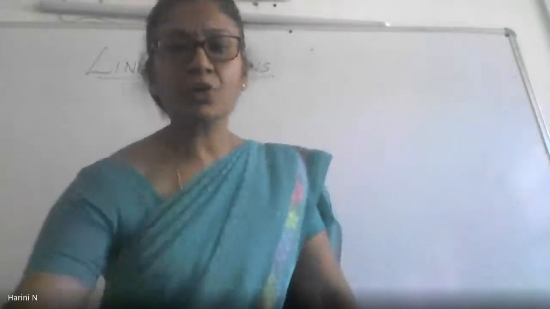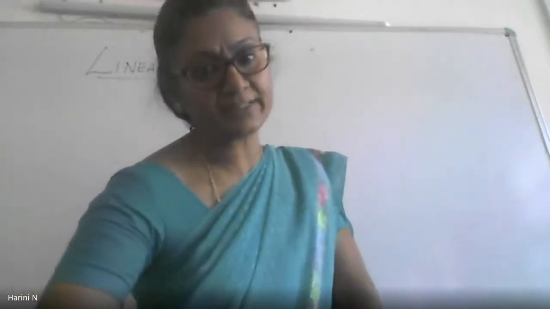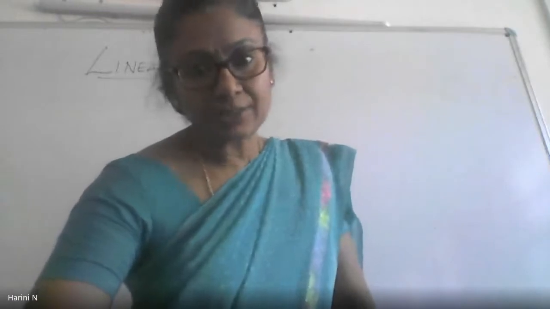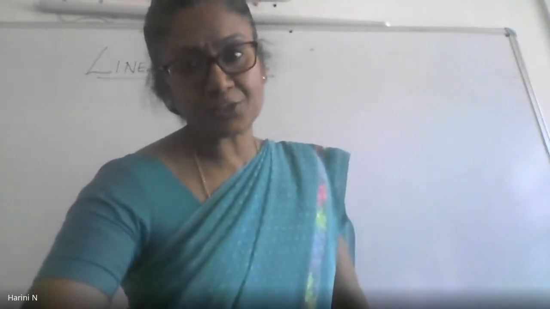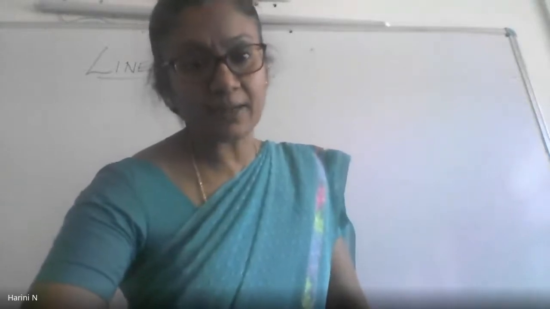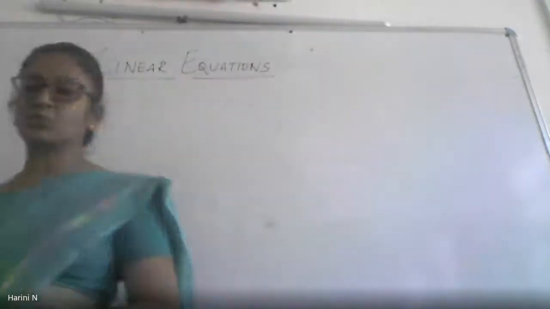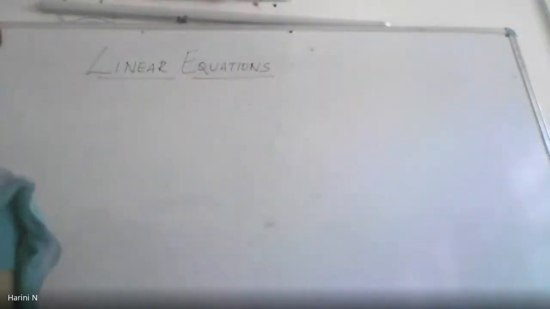If you have your blueprint with you, I think it will be better. I'm opening my blueprint and seeing side by side. For linear equations, I have one question in Section B, one in Section C, and one in Section D. So totally that is 9 marks. That means I will have one 2 marks question, one 3, and one 4 mark question.